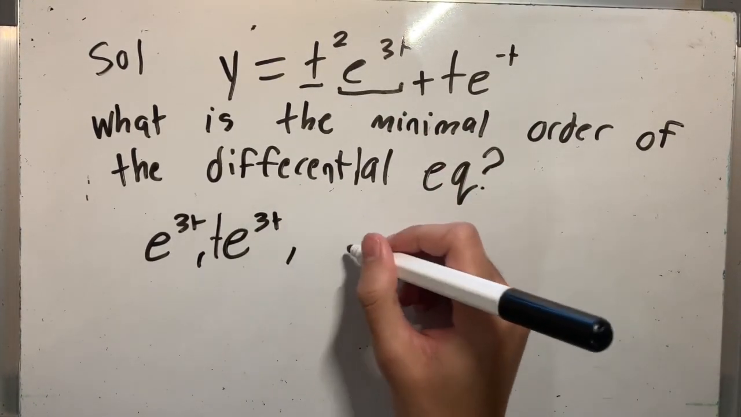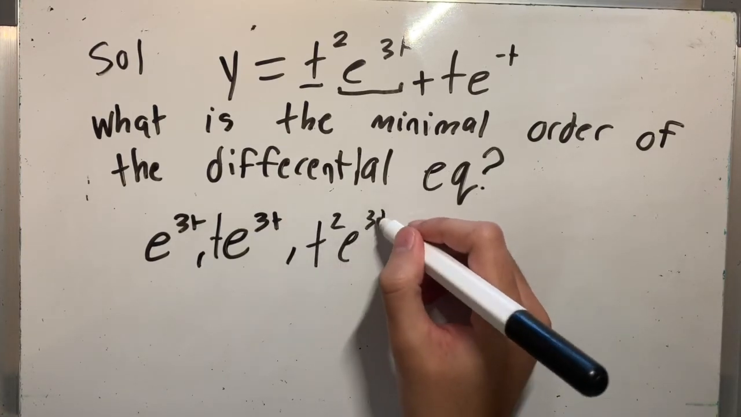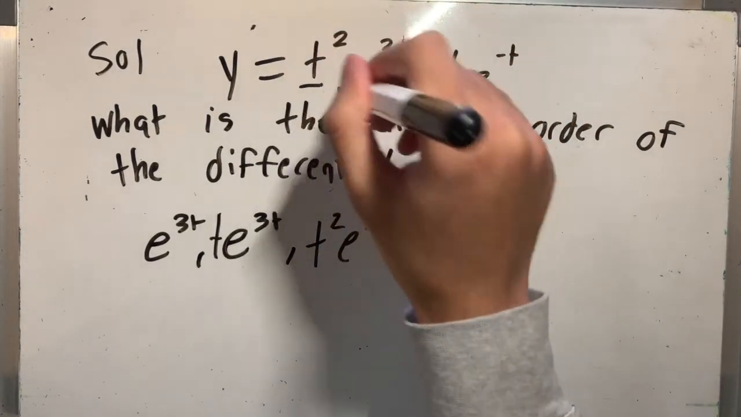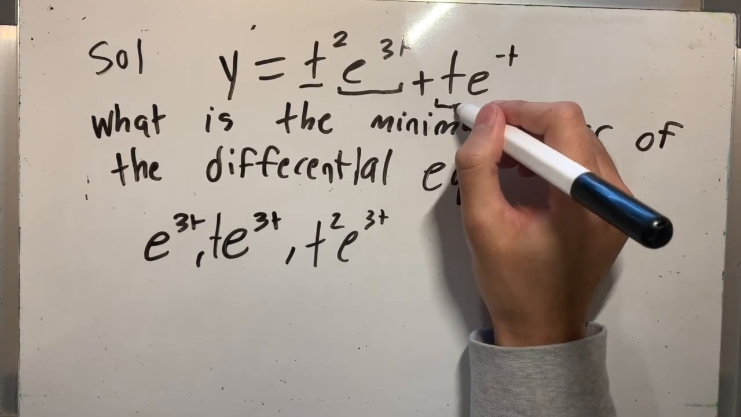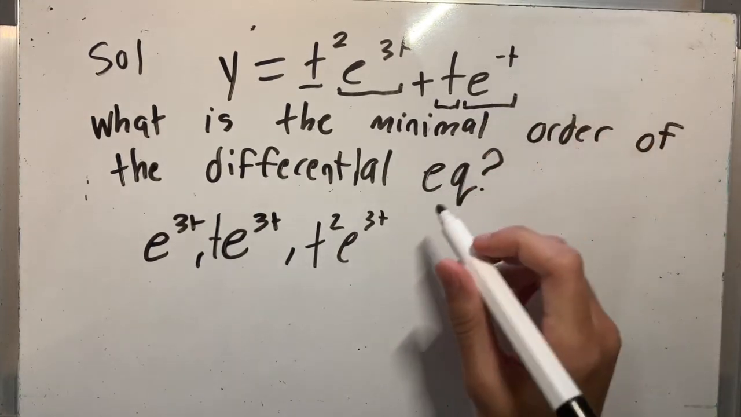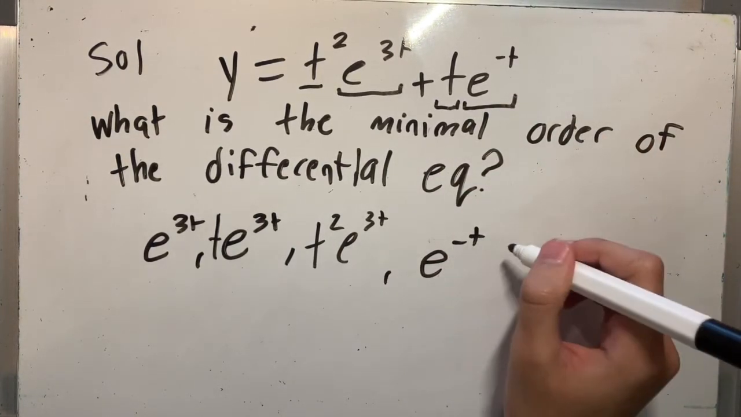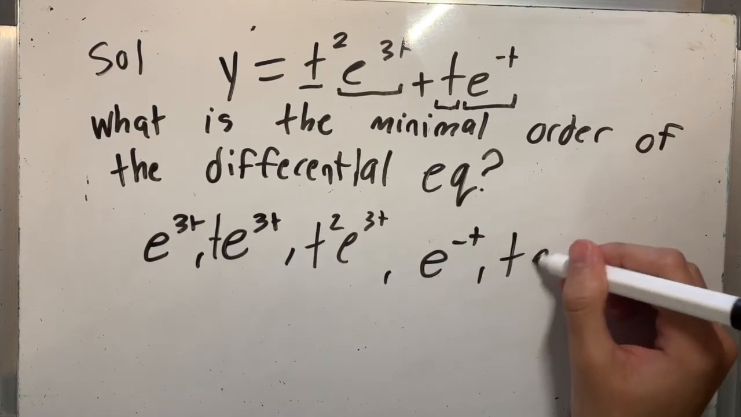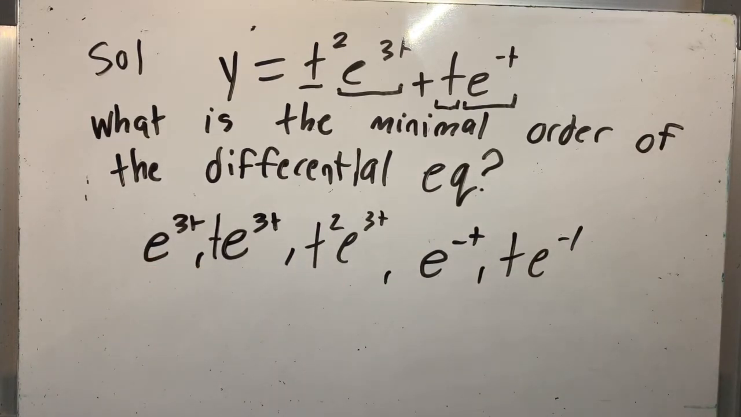And then we have t squared e^3t. Those come out of this first term entirely. Now we look at this. We have t, we have e to the power of negative t. So we have e to the power of negative t, and then we have t e to the power of negative t. These are a fundamental set